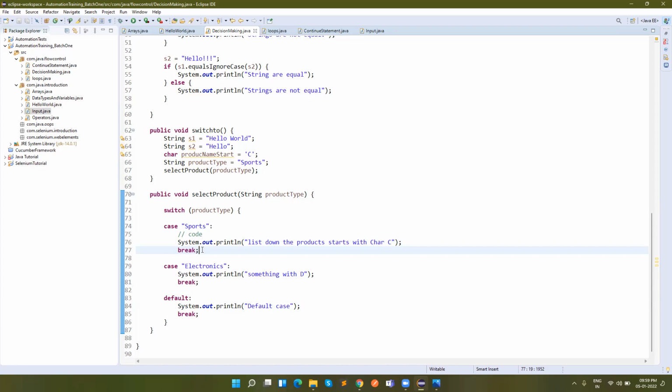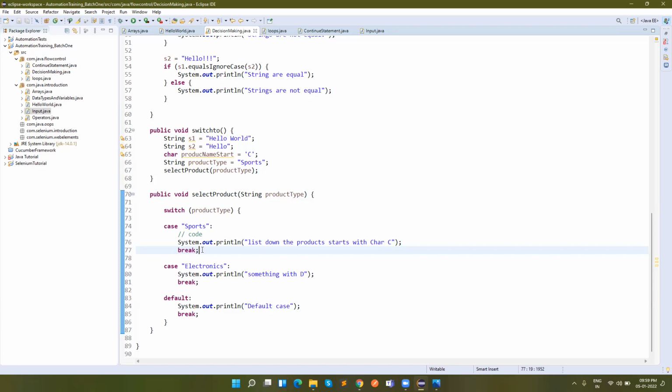If you don't write the break, it will execute all the cases listed in the switch statement, considering the default one as well. We don't have much more to talk about for the switch statement.